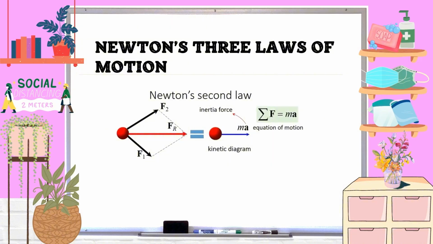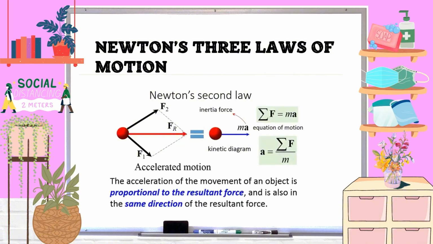So it can be rewritten this way to show that the acceleration will be the result of the unbalanced force from this formula. With a non-zero acceleration, the object is doing accelerated motion. Therefore, it will be represented by summation of force over mass. And this is the most fundamental law that will be used in dynamics.